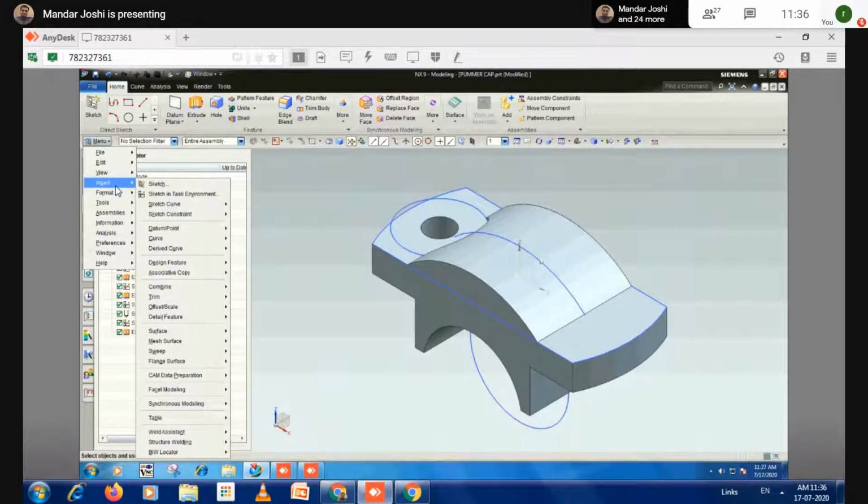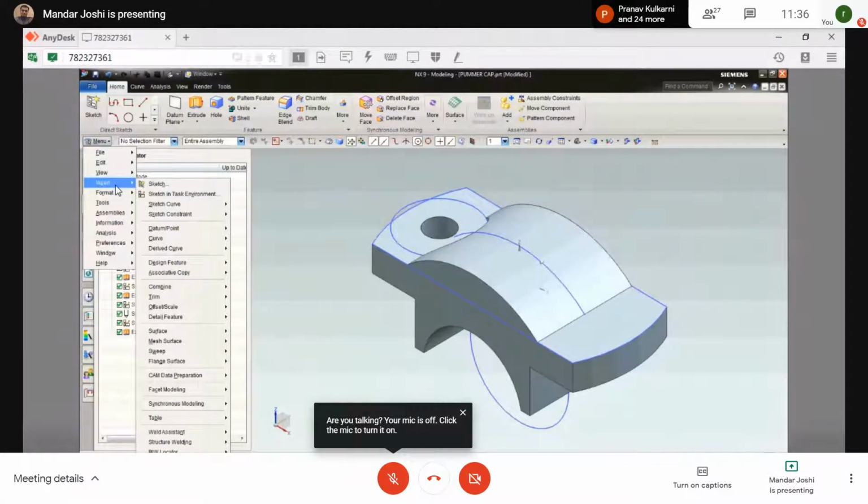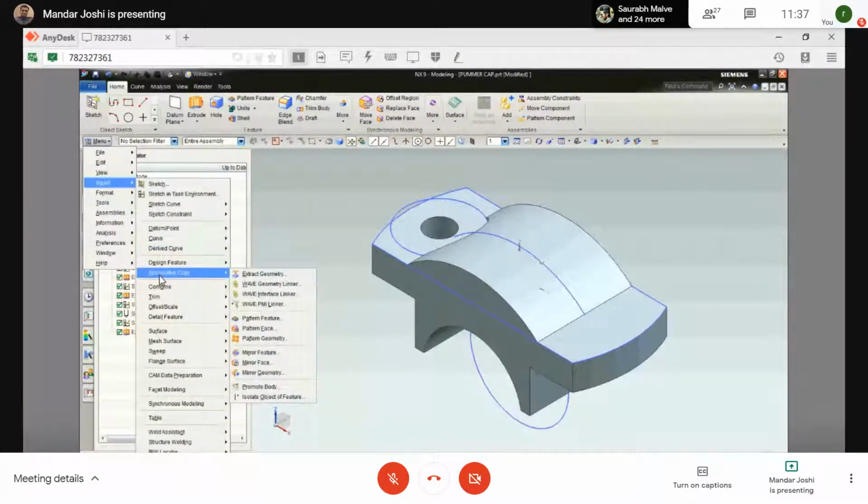So where will the mirror come? Can you tell? Mirror command, you will find it in which option? Mirror is again duplicated entities. So we have to find that mirror option from associative copy functionality. And in the copy functionality, you will find mirror geometry and mirror feature.